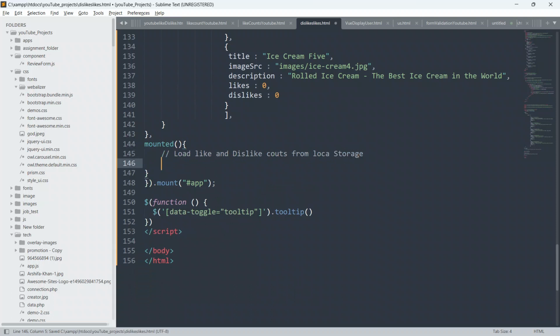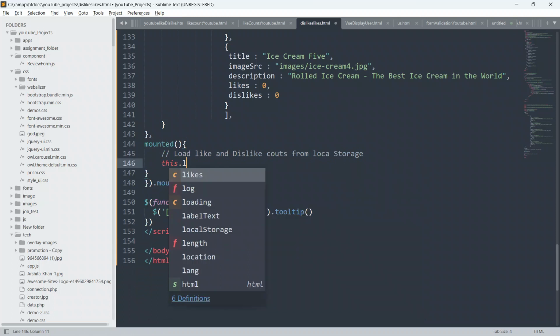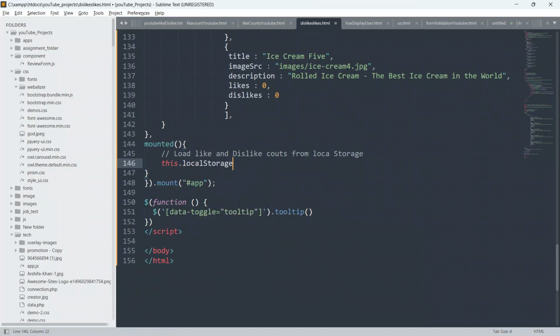So we will define our method here: this.loadLocalStorage. Make this bold, local storage, with open and closing parentheses, and close this.